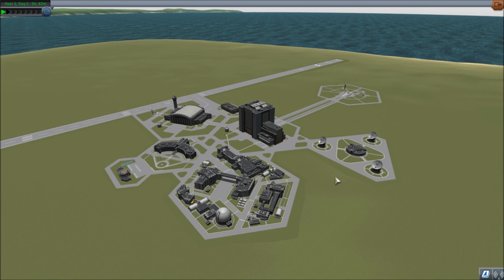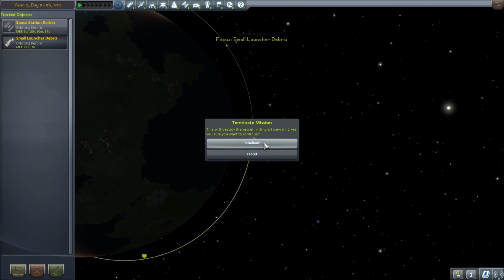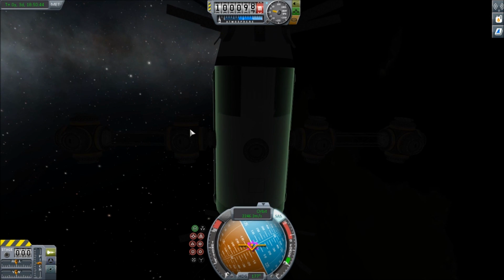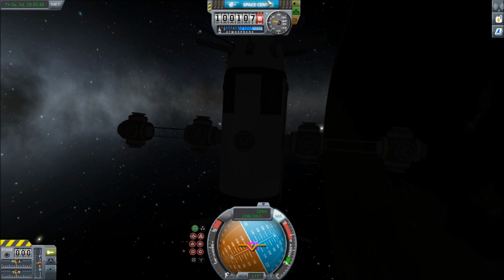So, gotta go to the tracking station. Dismantle it. So, yes. Yay! So there you go. Space station is a go with those parts, and I'm going to have to add two more. But